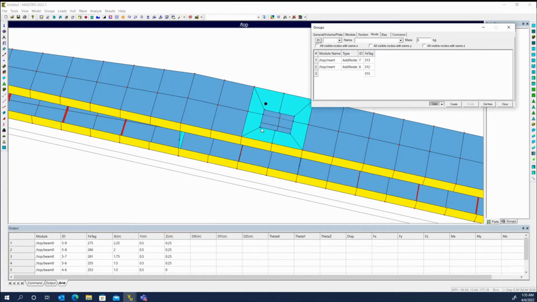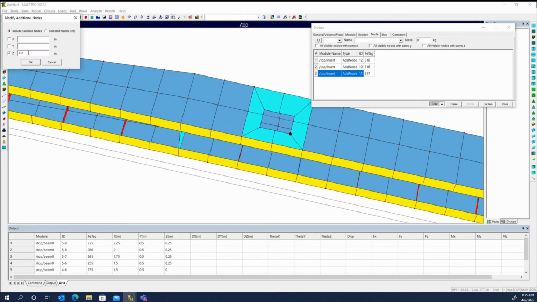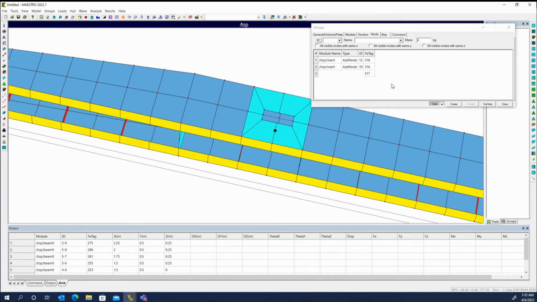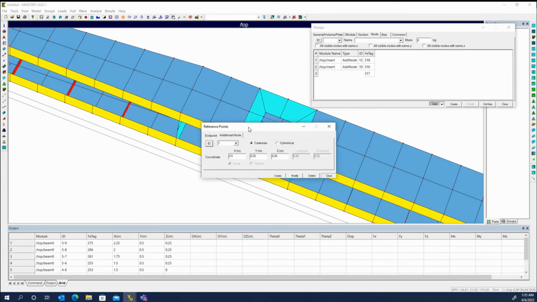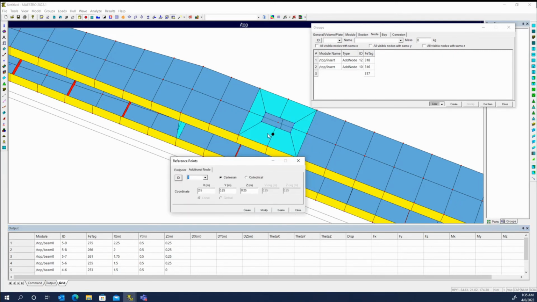Okay. Similarly, I can grab these three, modify additional nodes, and I'm going to see where that one is. It's at 0.125. I am going to push it out to 0.2. And we can leave the length the same, but you get the idea. So that can be very handy for aligning nodes if you had some that were staggered. In fact, I can go ahead and move this node out a little bit. We'll make that